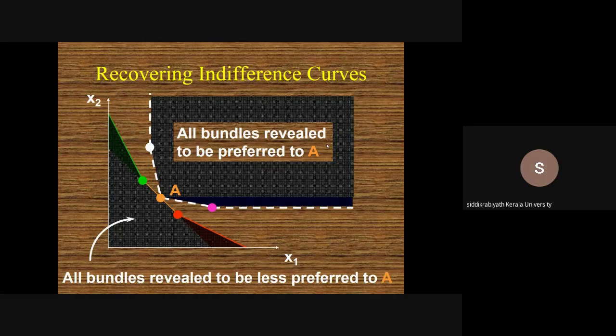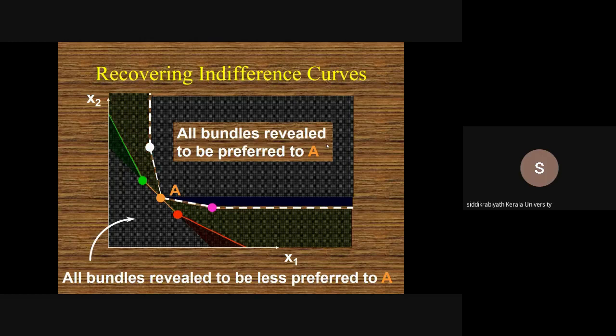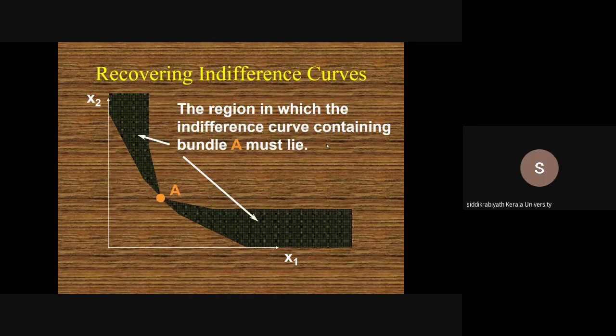Now recovering the indifference curve, you can have an indifference curve within this range. Okay, all bundles revealed to be less preferred to A, and all bundles which are more preferred to A. So now you have an upper bound and the lower bound, and there is an area in which your graph will be lying. So that is this green line, the total green curve, that is this one. So this region in which the indifference curve containing bundle A must lie. So where the A must lie is actually only in this particular